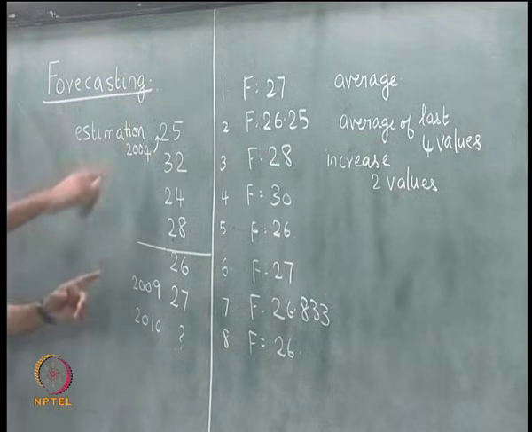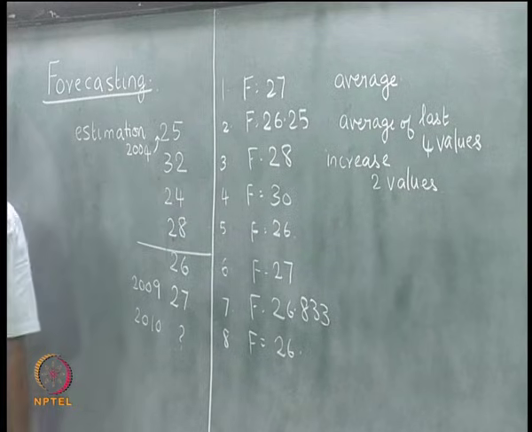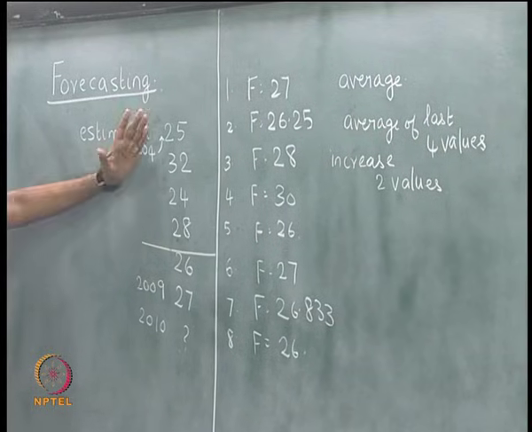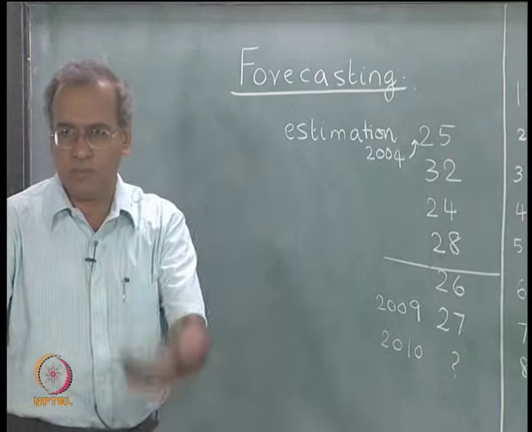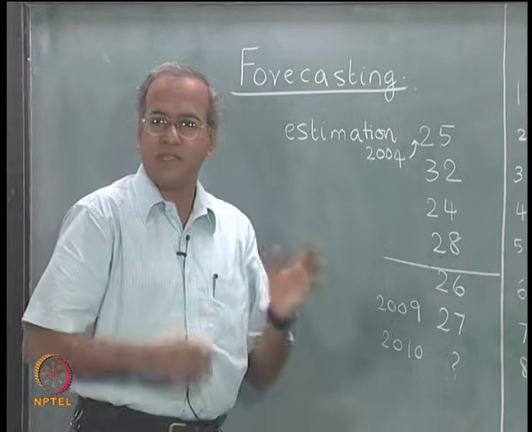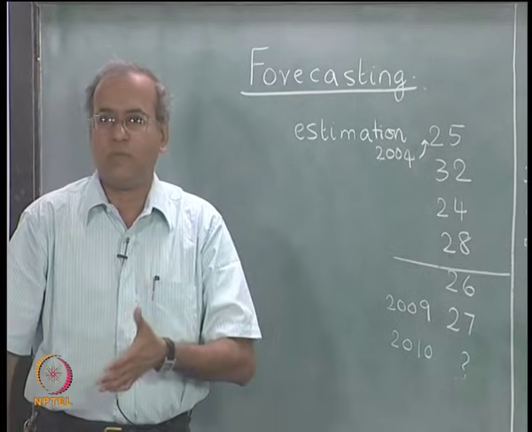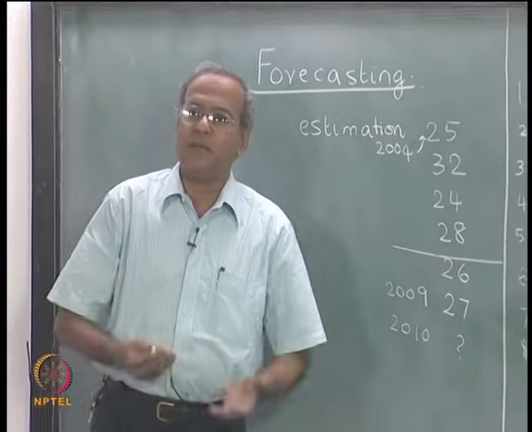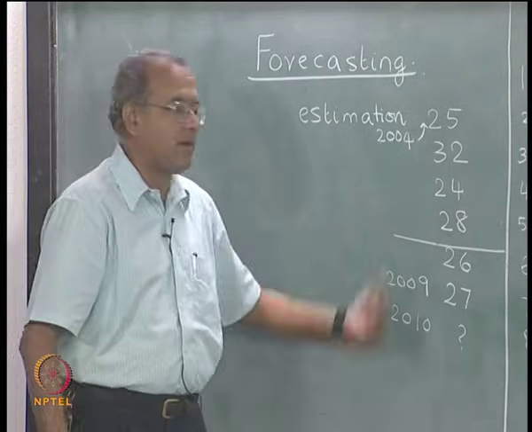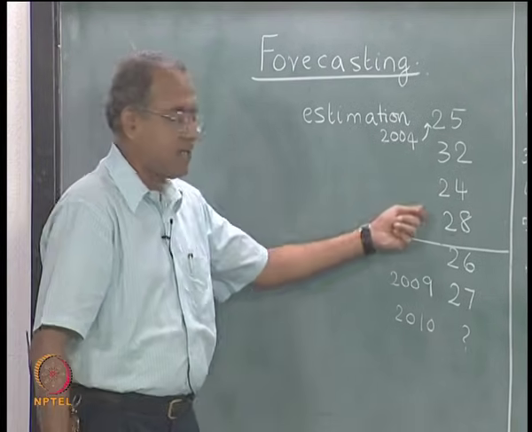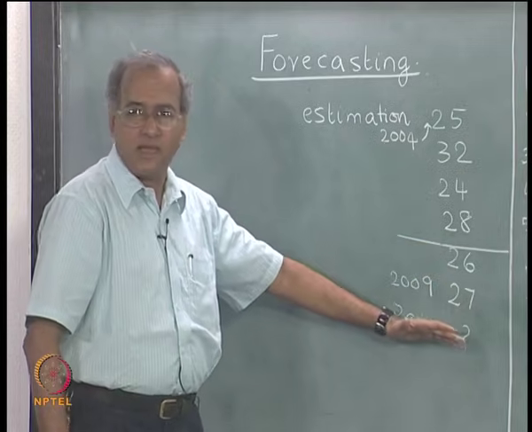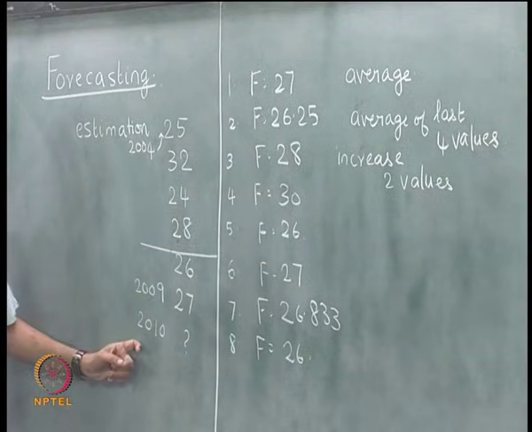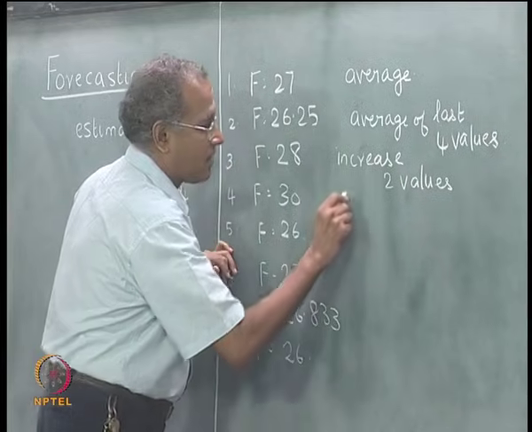Another person looked at these values and said that the forecast could be 30. If we consider that this data corresponds to sale of automobiles, this person believes that the sale of automobiles is related to the population in that area and is also related to the buying power of the population, and that due to increase in buying power, the demand is expected to go up from its last values, and therefore the person estimated that 30 is a very good forecast for the year 2010. So, this is based on other factors.